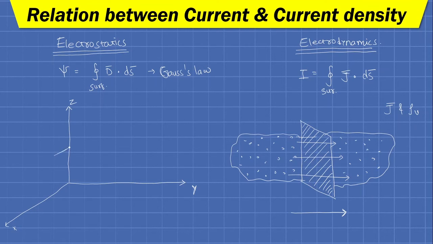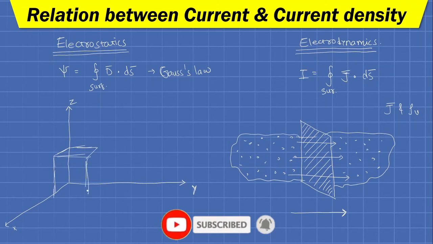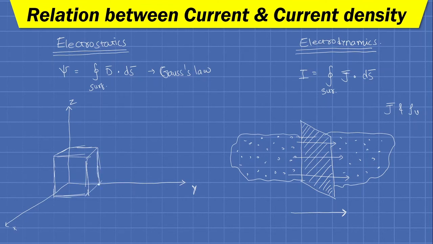So here, in a particular manner, I am describing that at t equals 0 time, for simplicity I have taken the shape of the volume as a parallelepiped or cube. I have some charge, let's say delta q, which is nothing but rho v into delta v. Here v stands for volume, or if we take the convention as tau, we'll use tau to represent the volume.